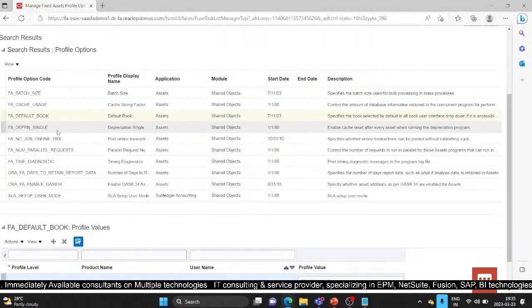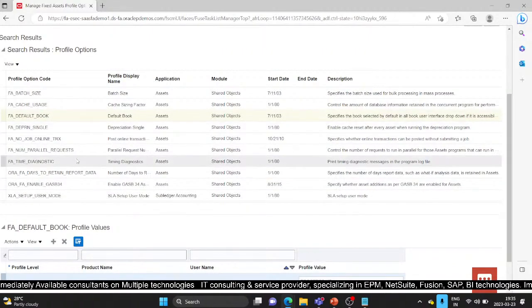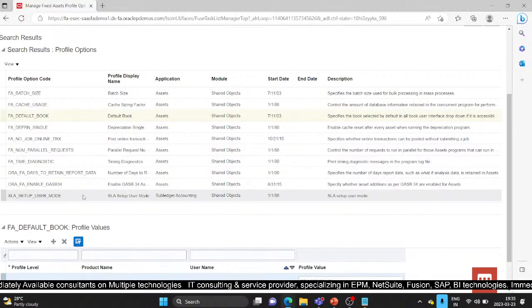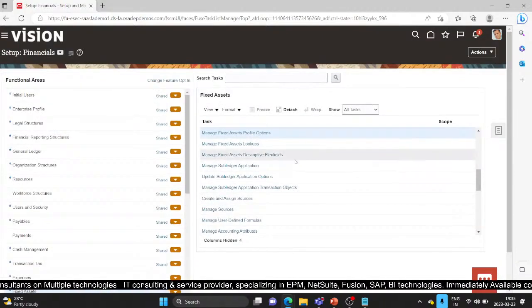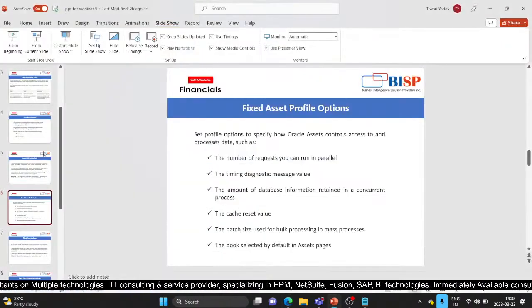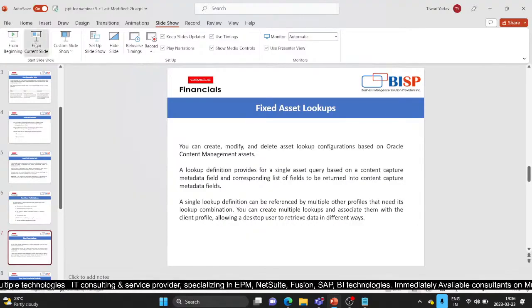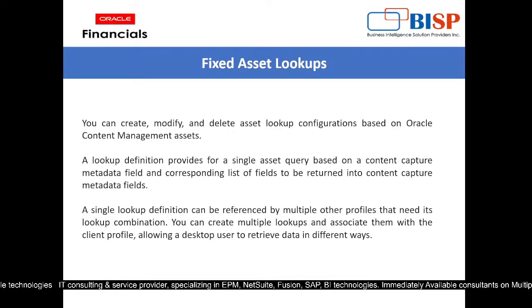Okay, so these were a few options which we have discussed. This way we can set the profile options. Now let's talk about lookups. So lookups help us